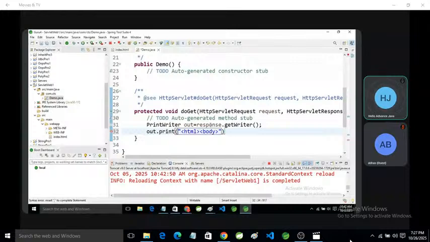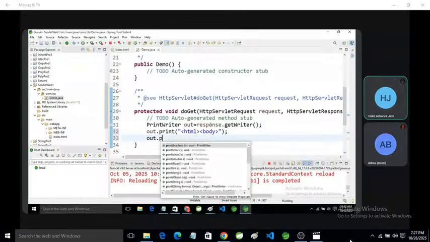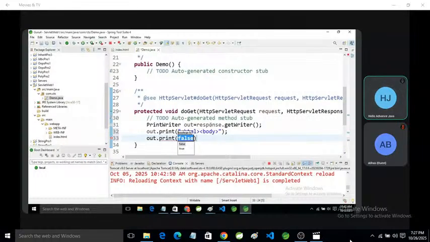Out.print, and here suppose h1, and you can specify any message like servlet application.